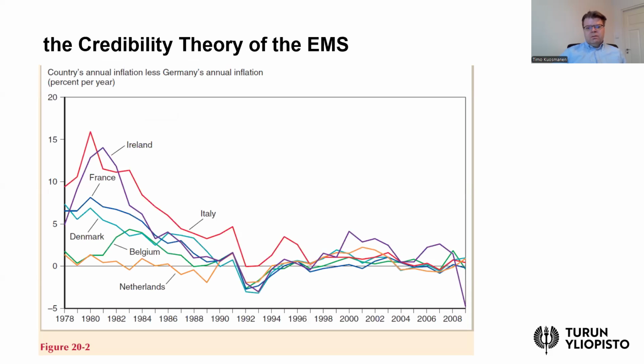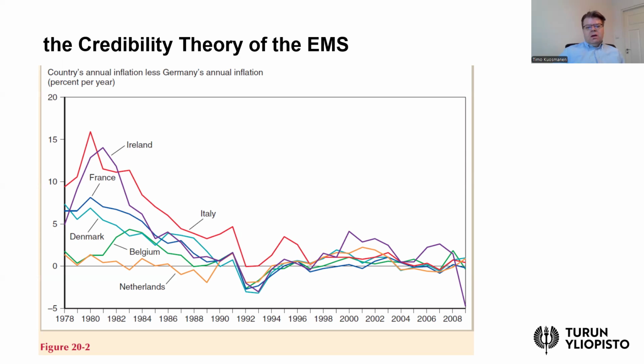I took this from the textbook by Krugman et al., which indicates the inflation rate in different European countries relative to Germany. Notice that these are relative figures. In the late 70s and early 80s, European countries like Italy in red, Ireland in purple, France, and also Denmark and Belgium had experienced very high inflation rates. Of course, there was the time of the oil crisis and high inflation in general, but these are figures relative